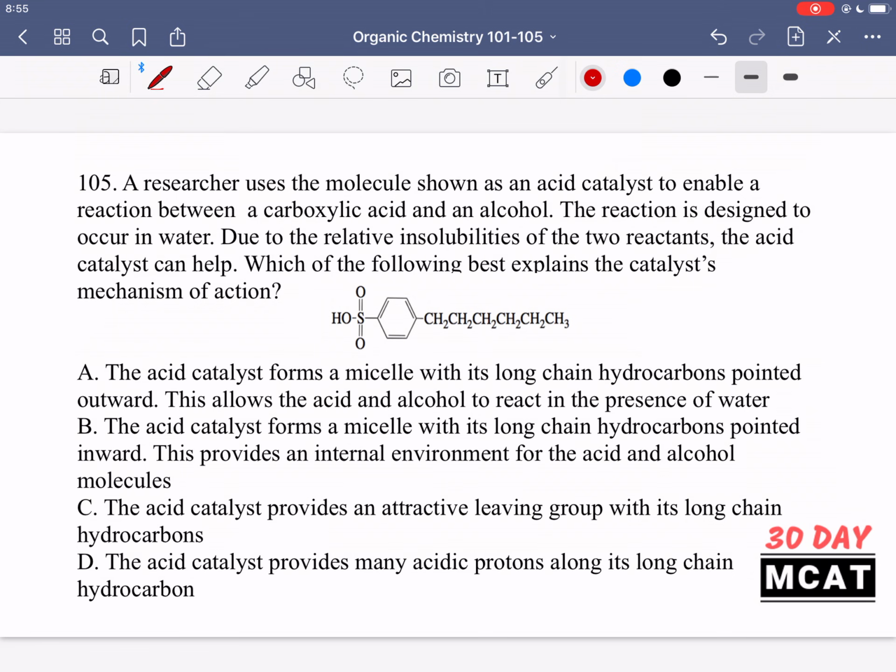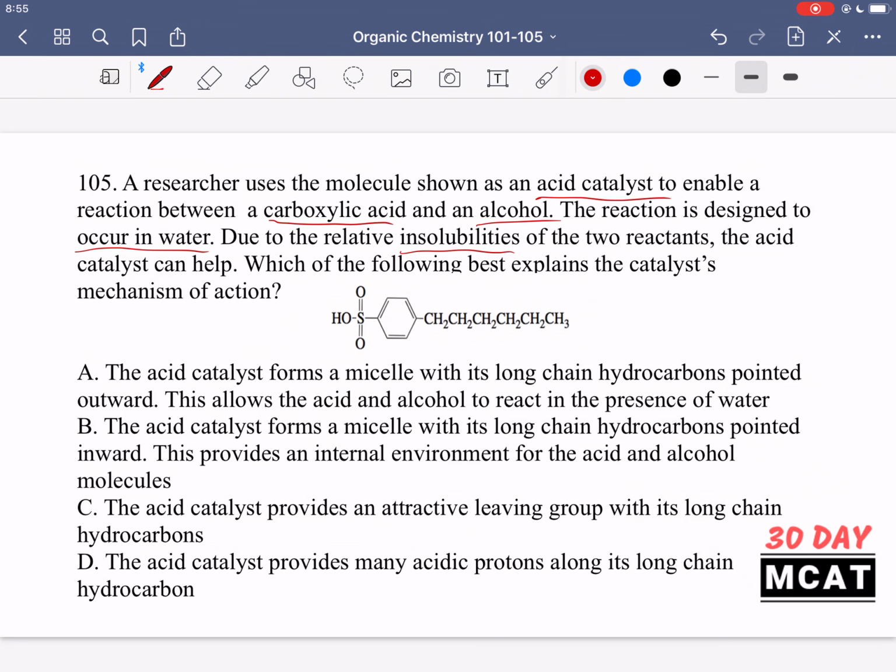So we're using this acid catalyst, which is shown right here. We have a reaction between a carboxylic acid and an alcohol. It occurs in water, but the molecules are insoluble. The two reactants that we're talking about are a carboxylic acid and an alcohol. Usually when you think of these things, you think of them as being soluble in water, but in this case,